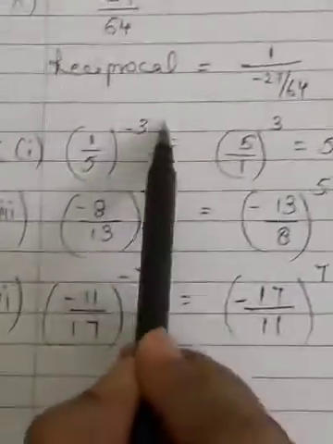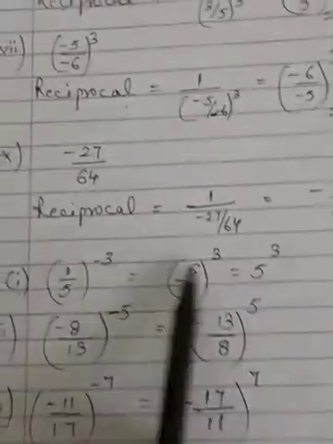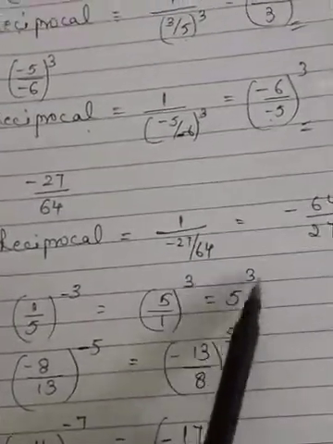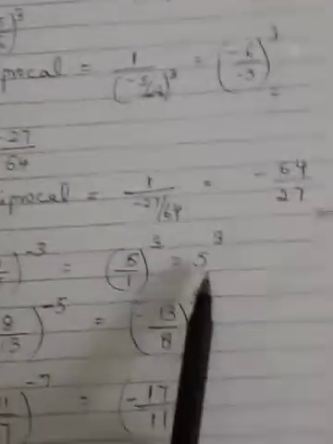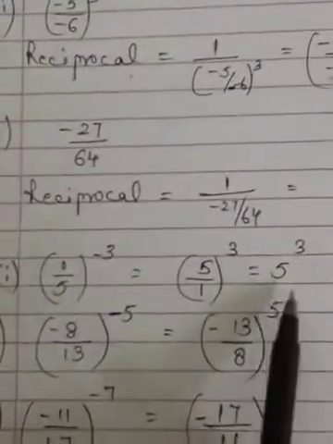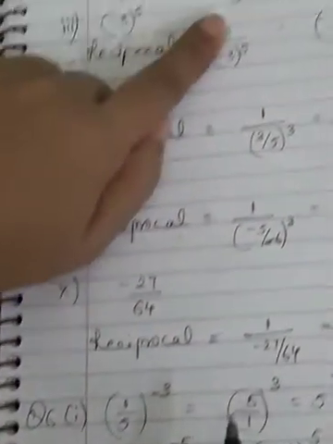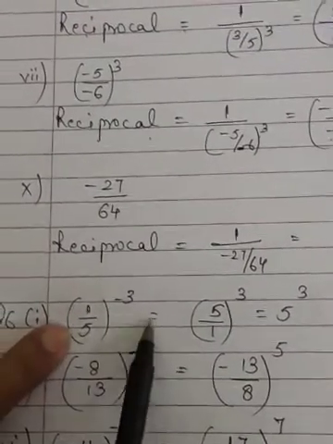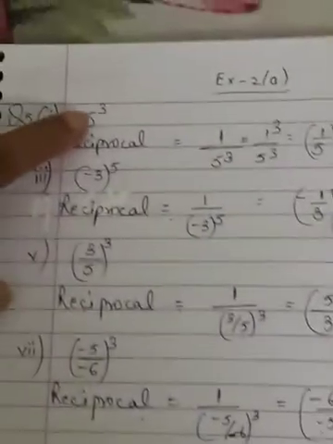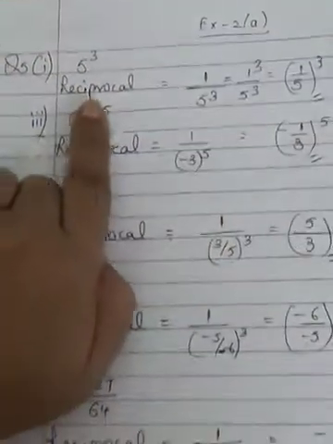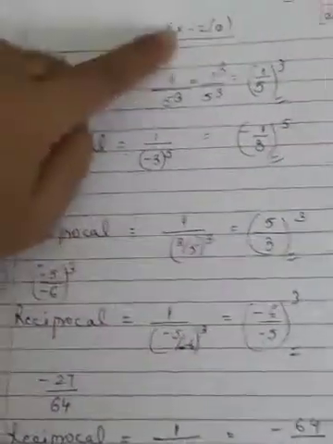So 1 over 5 reciprocal is upside down, 5 by 1. Now this power minus 3 becomes positive. Minus 3 becomes 3. So right here 5 cube. 1 cube will be 1 only down. Any number, it is understood the denominator is 1, so you don't have to write it down. Now students, don't get confused. When we made the reciprocal earlier, I did not change the power, but here you will think that ma'am is changing the power. There are different types of questions. Here I am writing this is equal to this, but there I did not say that this is equal to this. I am telling reciprocal is equal to this. Reciprocal of 5 cube is 1 over 5 cube.